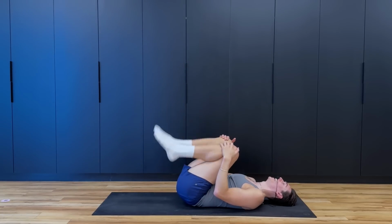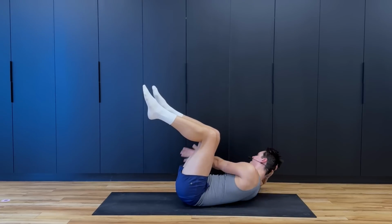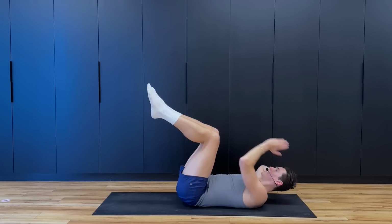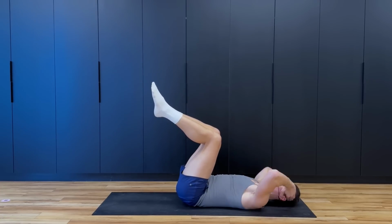All right. Second side. Lift the chest. Opposite hand. Slice it over. So keep it going. Keep it going. Now you may not be able to see me, so you're just reaching the hand. It's the same move. 8,